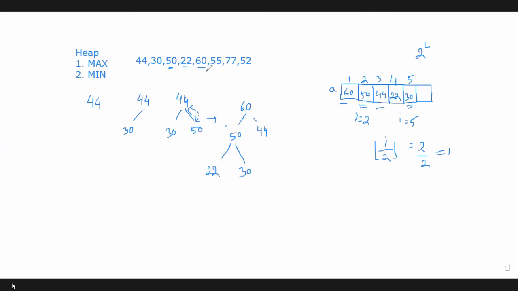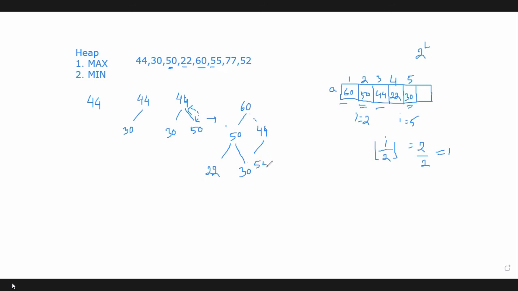Okay. Now the next node is 55. Where can you insert it? The level number is 2, so this level can have a maximum of 4 nodes. So now we'll insert a node on the left side of 44. We cannot add a node in the right subtree because at that time we cannot call it a complete binary tree. In a complete binary tree, at first fill up the left side, then you can add the node in the right subtree. So for 44, the left child will be 55.